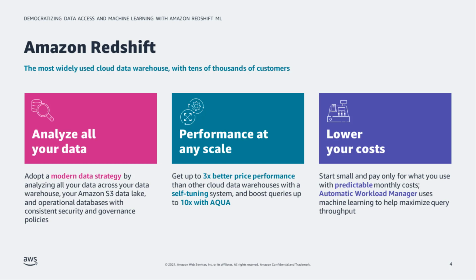Amazon Redshift is the price performance leader, and in fact, it's up to 3x better than other cloud data warehouses in that all-important metric. And using our advanced query accelerator, you can accelerate your queries by up to 10x. And as your data sets grow from terabytes to petabytes, performance is consistent. Consistency is a tenet of performance to us.